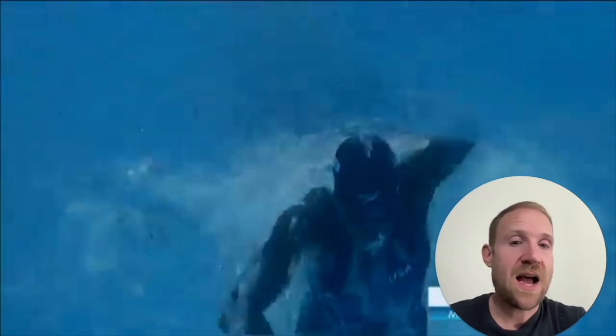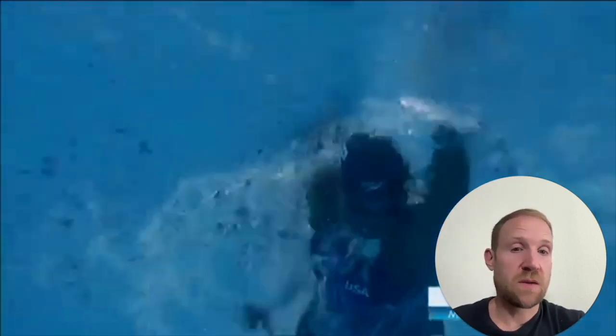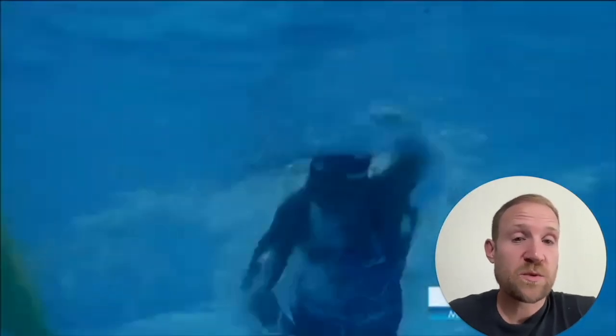So not only does it disrupt her alignment, it disrupts her pull in both cases. Whether she lifts the head up or she pulls it to the side, we've got double trouble in every case. And then the last piece is the speed component. And if she breathes slow, she's just going to magnify the impact of those mistakes. Her body position is going to be worse, and her propulsion is going to be worse. And so the speed of the breath becomes really important because it magnifies or minimizes any negative consequences of a